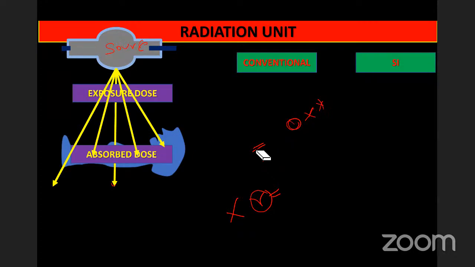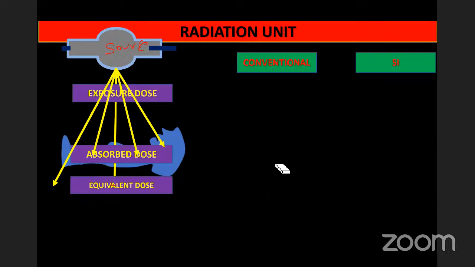So this is why we need some measurement which gives us a value with respect to the radiation. That is what we call equivalent dose. Equivalent dose is nothing but absorbed dose times the radiation quality factor. The radiation quality factor is a constant for a particular radiation. It tells us how much damage is caused, and it includes the causative radiation. Is it an alpha, a gamma, or an X-ray? That's why the equivalent dose becomes important.